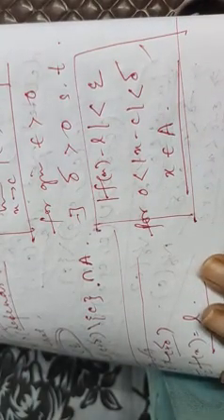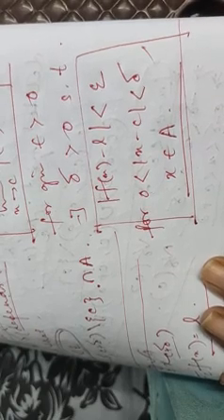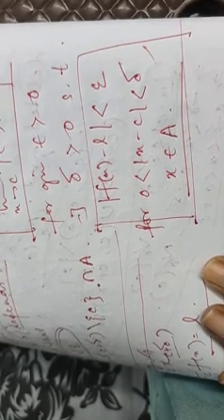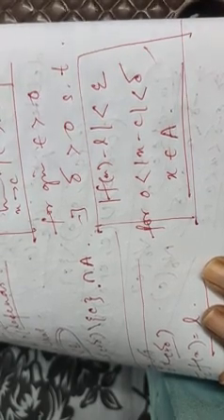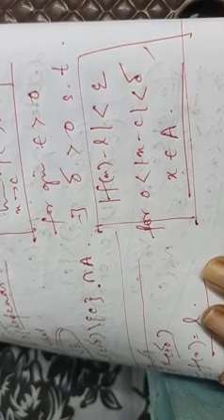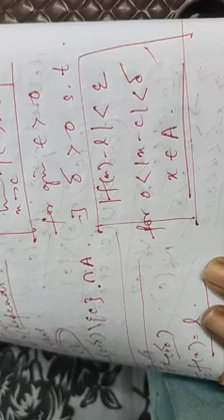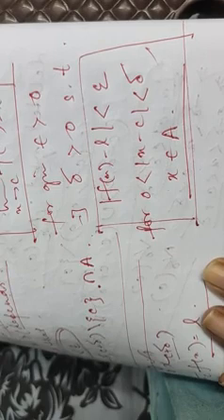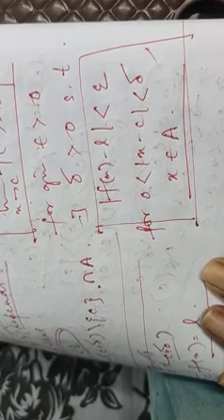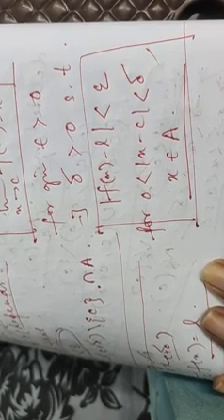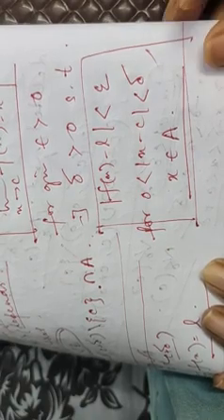Now we have to solve a few problems. The main problem that comes in the examination is to prove by using the epsilon delta definition, or find the limit using the epsilon delta definition. I'll mainly cover these examples from the Bartle-Sherbert book, because in SK Mapa these are not actually covered. They are all using the concept of 12th standard, left hand limit and right hand limit. But we need to understand this epsilon delta concept, so I am using the book Bartle-Sherbert.